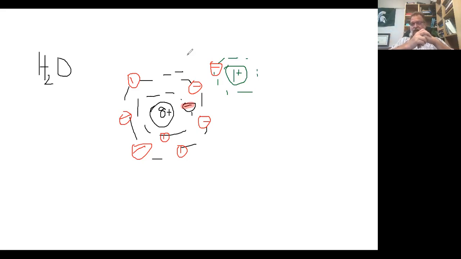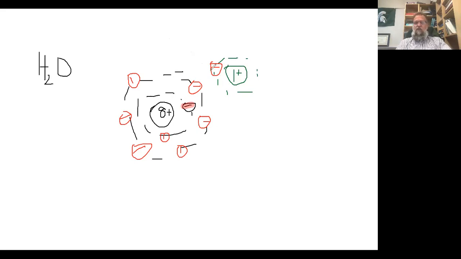So something with low electronegativity, such as hydrogen, has a very weak pull on the electron. Something like oxygen and fluorine, which are atomic numbers 8 and 9, their nucleus has a very, very strong pull on the electron and has a higher electronegativity. So the result is this electron is going to be more strongly pulled towards the oxygen nucleus than towards the